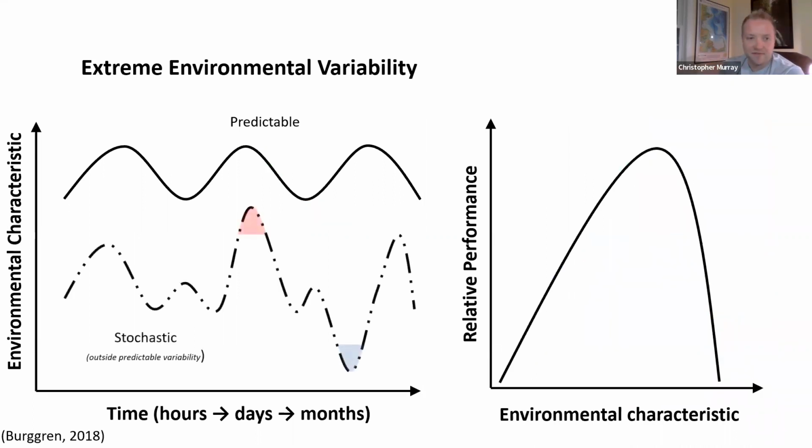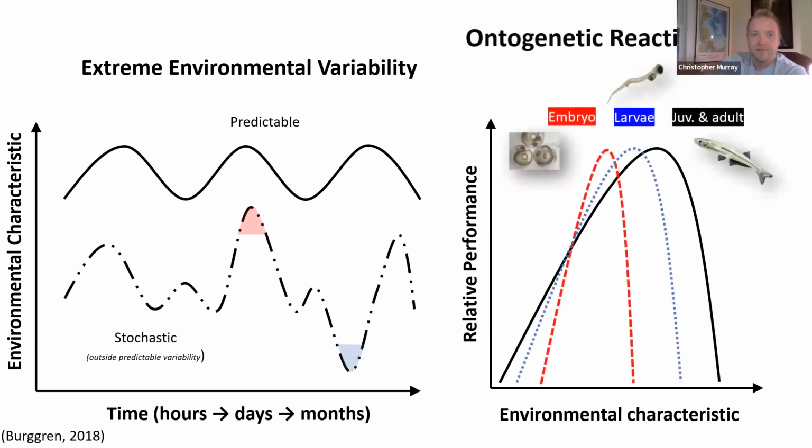When we talk about stochastic variability, what we really mean is sharp fluctuations that fall far outside the typical predictability of environmental variability in the habitat. So what I'm showing here is random fluctuations with punctuated and acute moments where the conditions are falling far outside this normal variance. Things like heat waves or cold snaps fit this paradigm quite well.